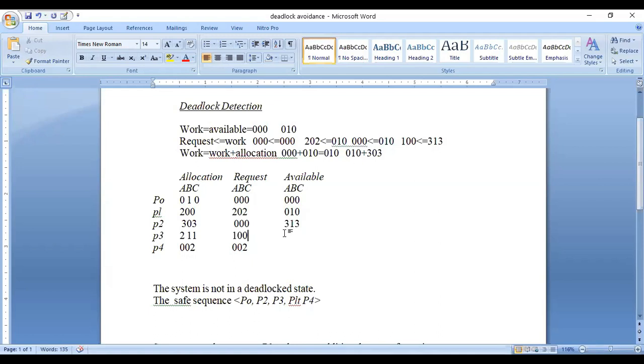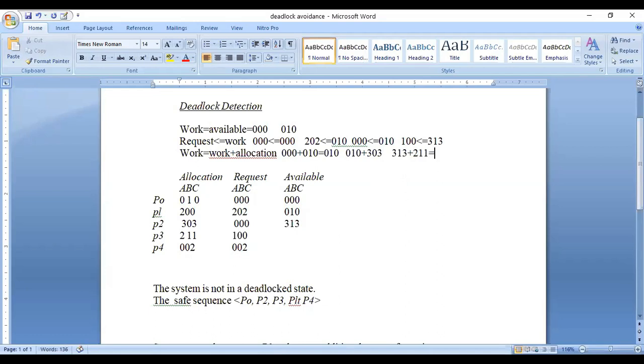So P3 also successfully enters the safe state. So next, what is the value? Work plus allocation. The present work is 313 plus the allocation of P3, which is 211.